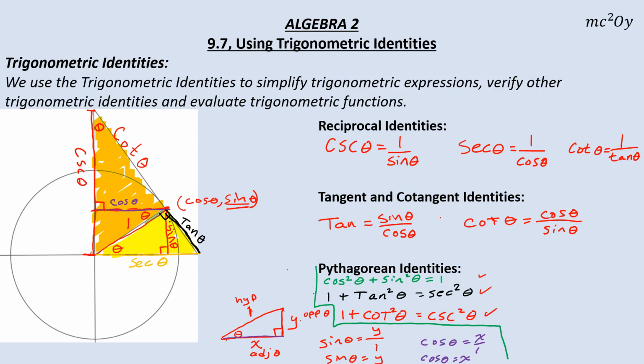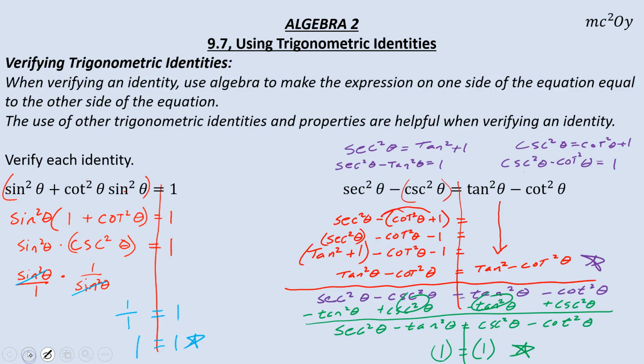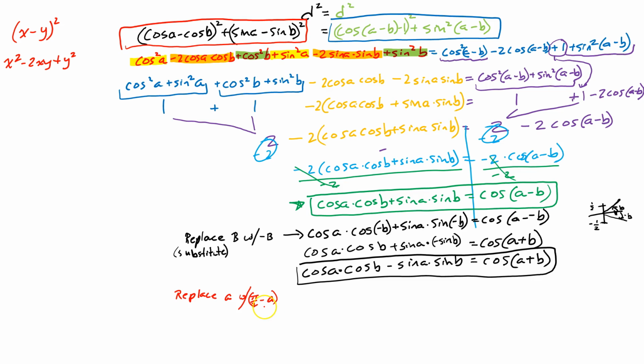Where are they at here? There we go. Our cofunction identities. The cosine of pi over 2 minus theta is sine theta. Okay, and so when I replace that, I now have cosine of, rather than a, pi over 2 minus a, times cos b minus sine of, rather than a, pi over 2 minus a, sine b,